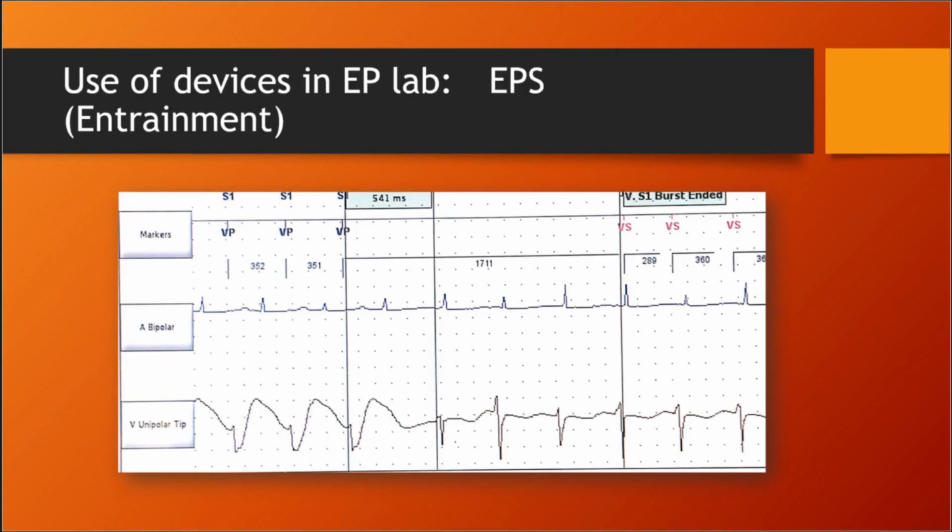milliseconds. Well, in our example, we have a PPI of 541 minus the tachycardia cycle length of 360, and that's about 181 milliseconds. Well, that's far away from the tachycardia circuit, which means that where we're pacing from, the ventricle isn't part of that circuit, and therefore it's less likely to be an atrioventricular reentry tachycardia like an accessory pathway